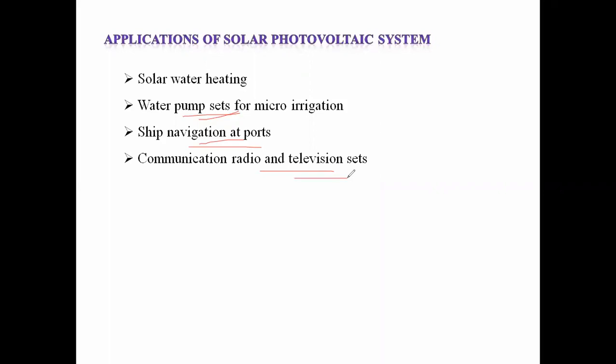Even at present, some rural areas are still without electricity. For such places, we can place a PV panel based upon the demand. For 1 kilowatt, the PV panel is sufficient for one home's appliances. For TV, lights, and fan, for these loads, a 1 kilowatt PV panel is required, and we can connect the charge controller. The outlet of the charge controller is connected to the battery, and the outlet of the battery is kept for the inverter, which converts DC to AC. We can then utilize the load.